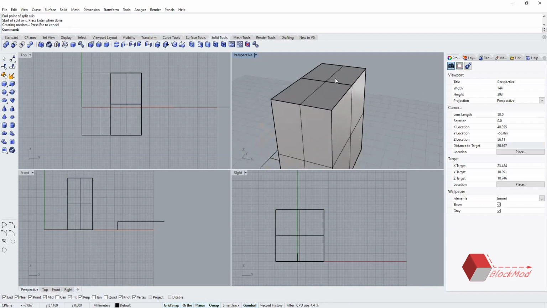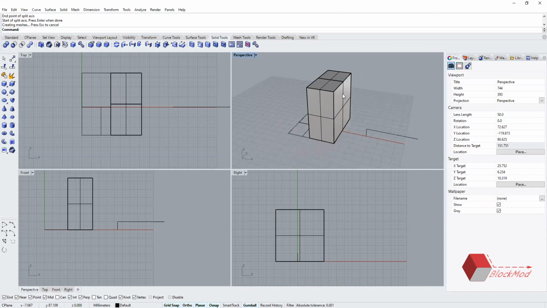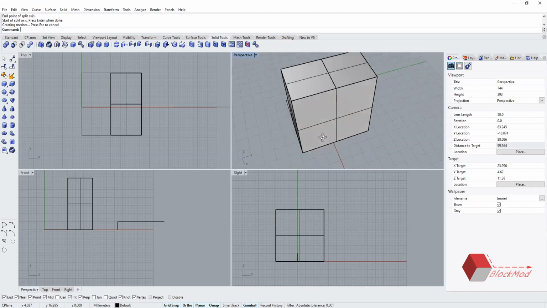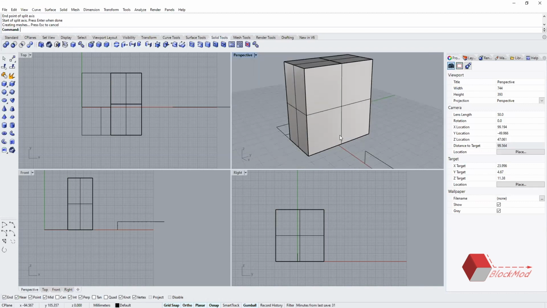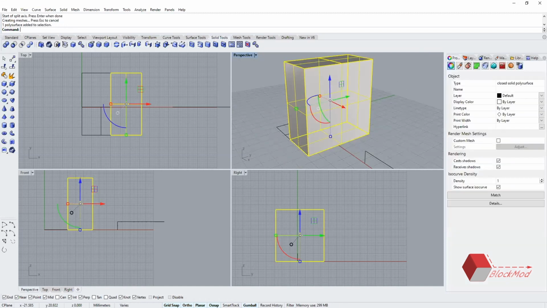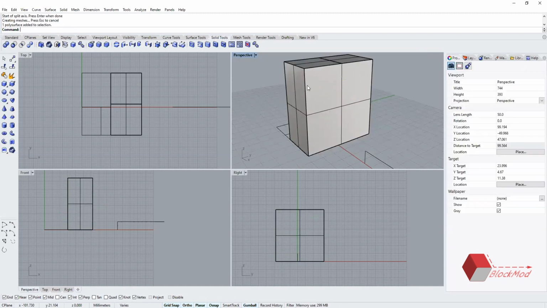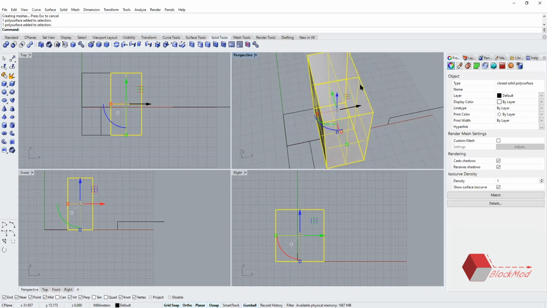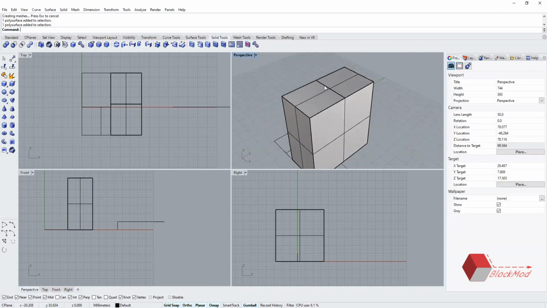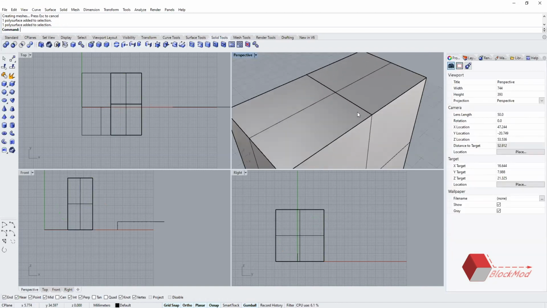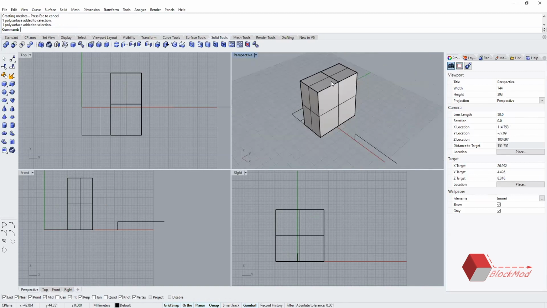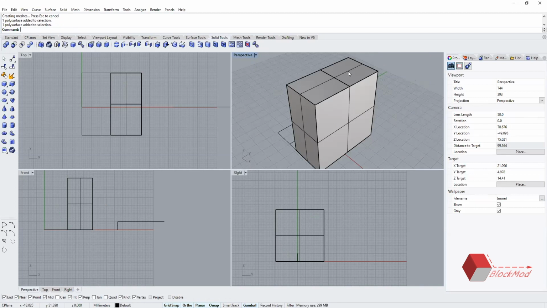Now you can see the entire surface has been cut into different parts. So I can actually see a surface here. This surface becomes different, and this surface becomes different for me. Suddenly you can see a line here, and the entire model understands that there are two surfaces which can interact separately.